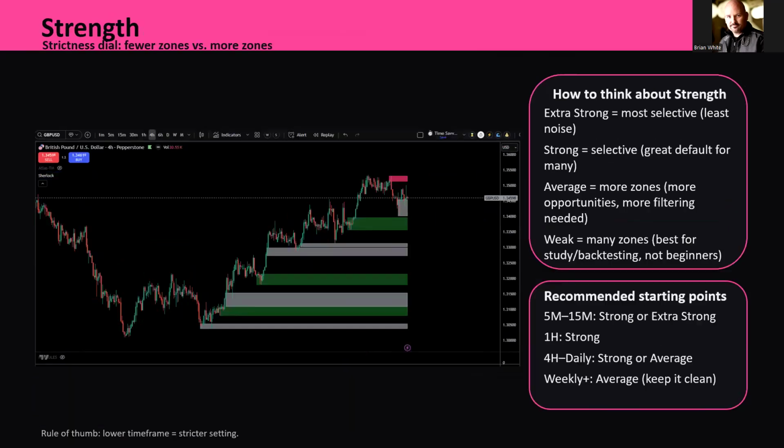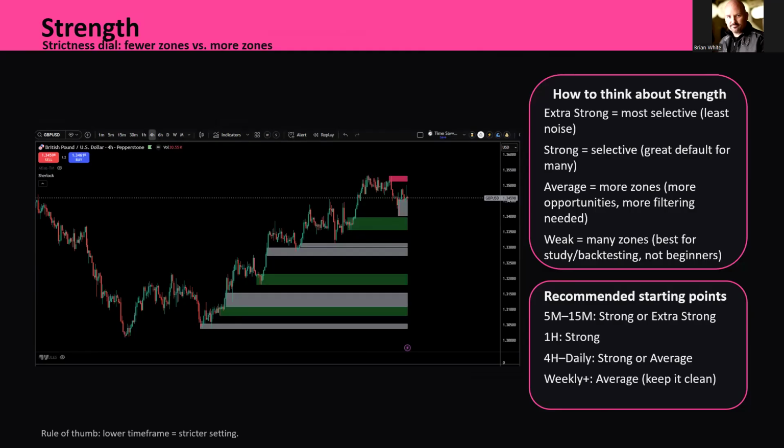Yeah. And so with strength, let's talk about how strength works. Strength is the dial most traders should care about most. This is what controls the quality versus quantity. But here's the trade-off. Extra strong is going to give you fewer zones, but they're typically cleaner. Okay. Weak is going to paint your chart like a Christmas tree, and that can lead to your trading paralysis